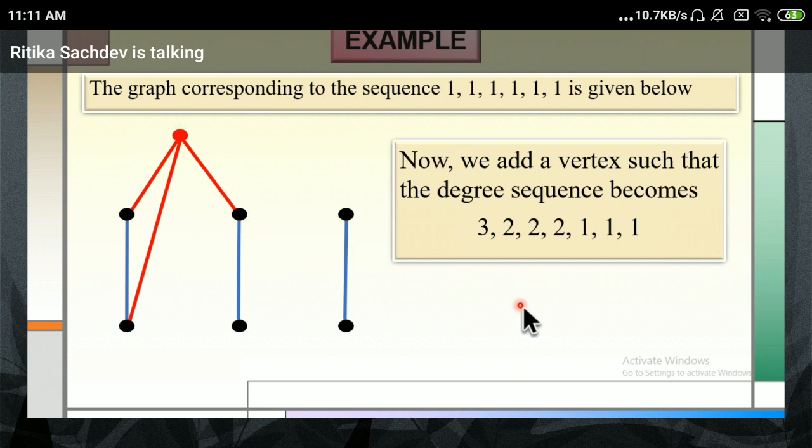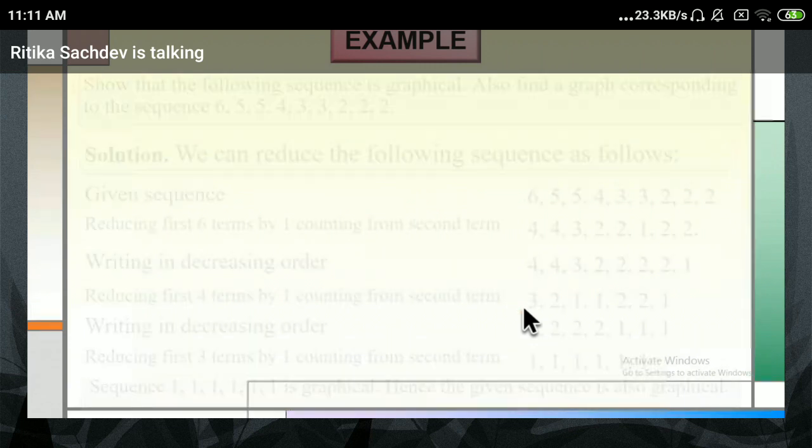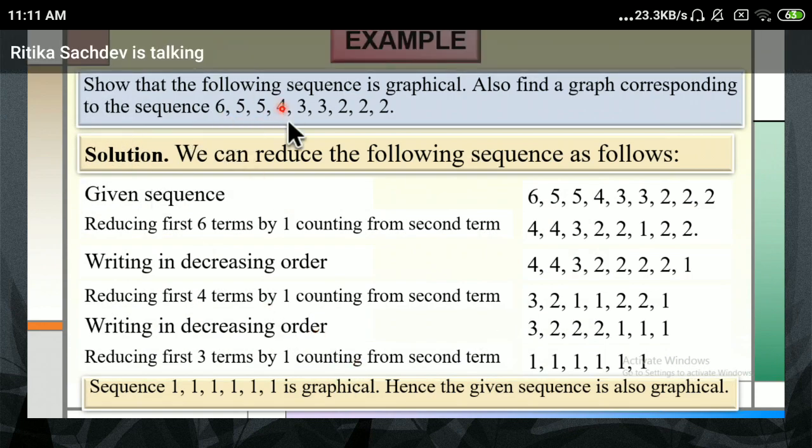If you see, I wanted to construct a graph. I cannot directly start with the first sequence. You know what was our first sequence? If you see in the earlier question, what was my first sequence? 6, 5, 5, 4, 3, 3, 2, 2, 2. Now, how many vertices are there? 9. I have to connect these 9 vertices and sit and draw these. Now, if you check 9 vertices, how many edges can be there? 9C2. What is 9C2? 9 into 8 upon 2. What is that number?